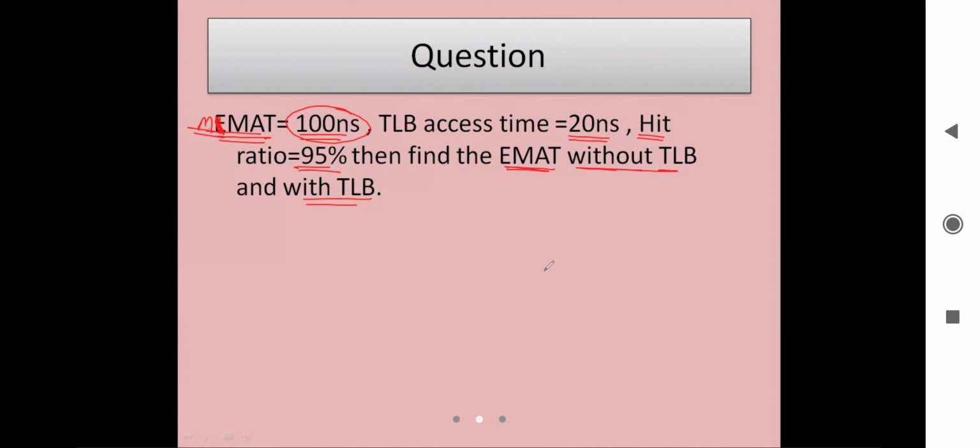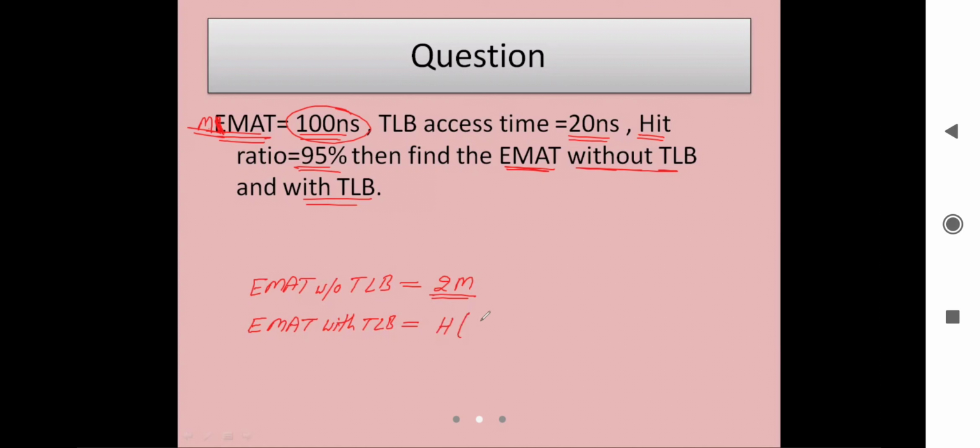Then try for it. We know that effective memory access time without TLB is equal to twice of M, right? And effective memory access time with TLB: we'll check for the hit ratio.